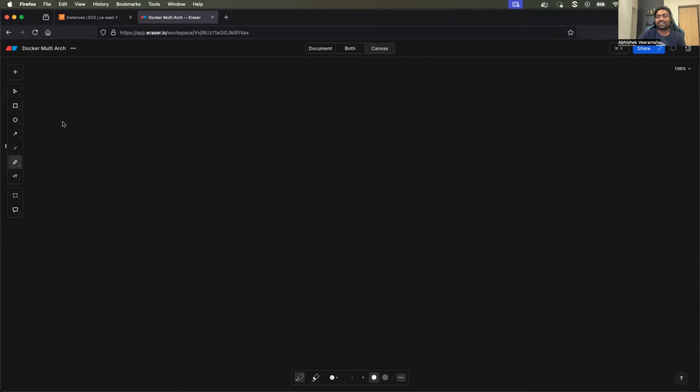In today's video, let's learn about multi-architecture or multi-platform container images using Docker. So we will learn how to create multi-platform Docker images, how to deploy them, and we will see that through a demonstration. Now, before we learn about multi-platform container images, it's worth revising our understanding of what Docker is and